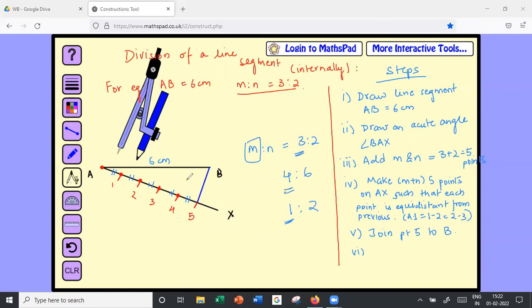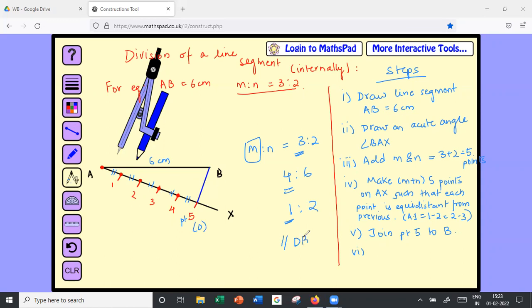Okay. And how do you do it? What is important here is that you need to have an exact parallel line to this point. So let's say suppose this is point 5, right? So you need to have the line joining point 3 to a point on AB exactly parallel to the line 5B. This line, let's call this D.